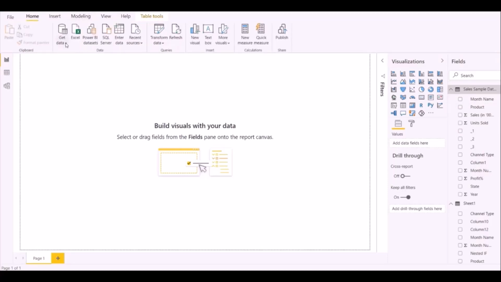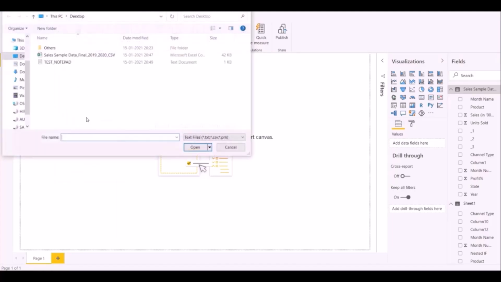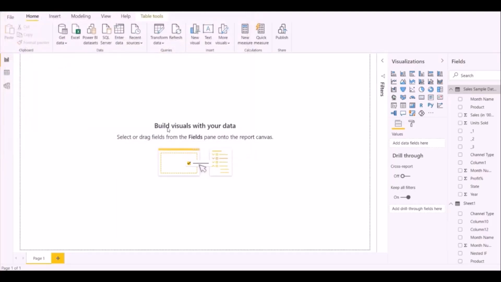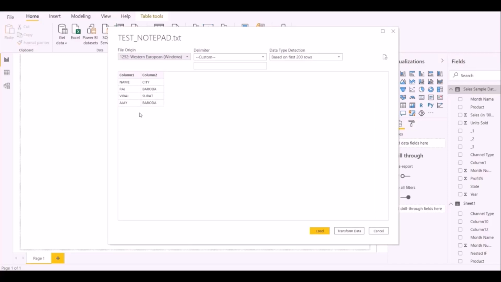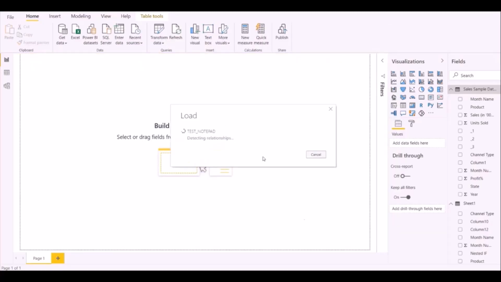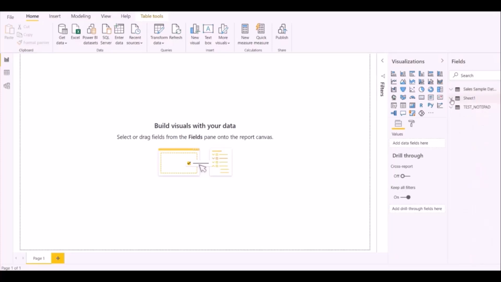Now let's import the text file. Select the test notepad which I have created. These are the options of delimiter. Click on load. Here are our notepad file data.